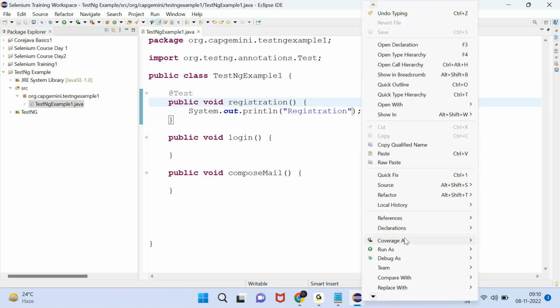Right click, run as. See, we are getting this option TestNG test. We are not getting run as Java application. You just forget about run as Java application. Now onwards, we are going to see about TestNG test. See,